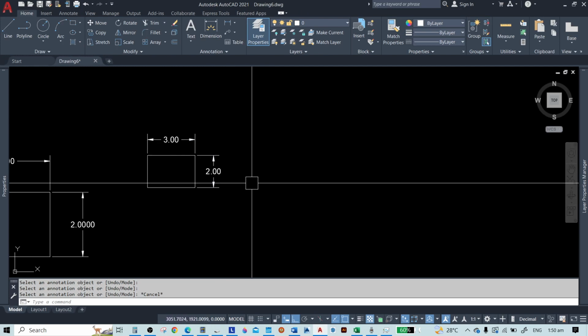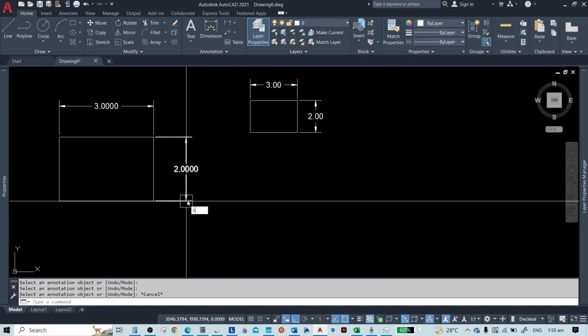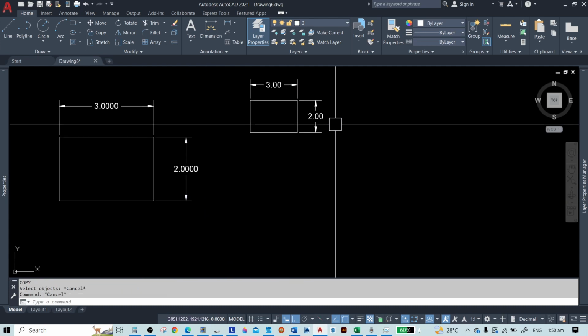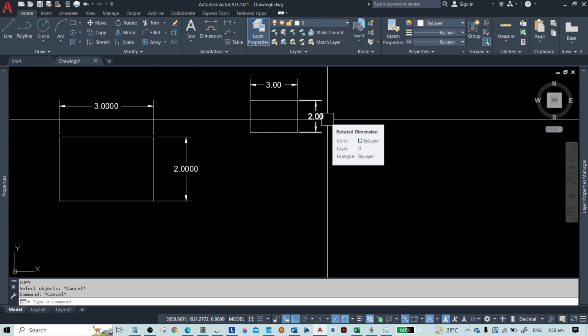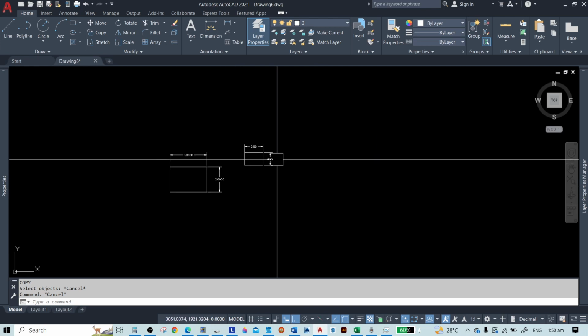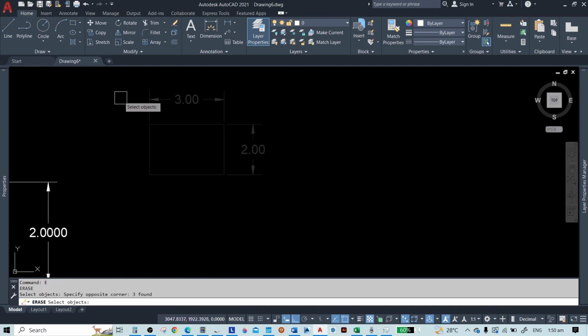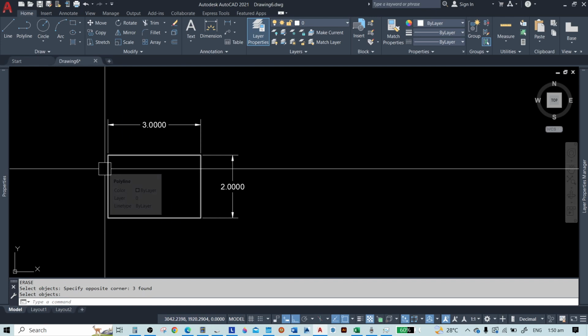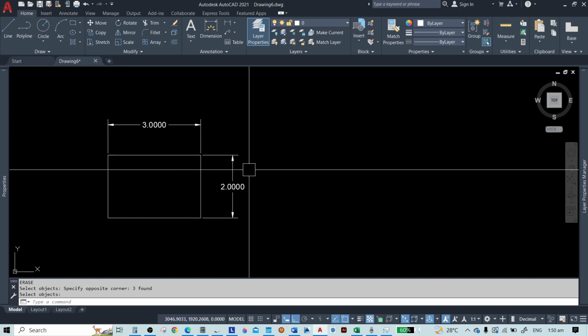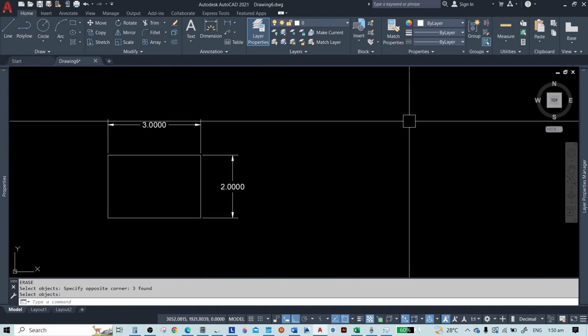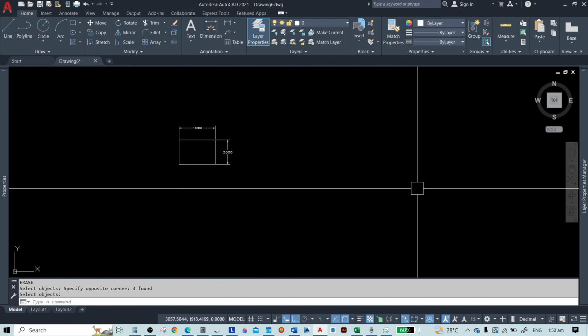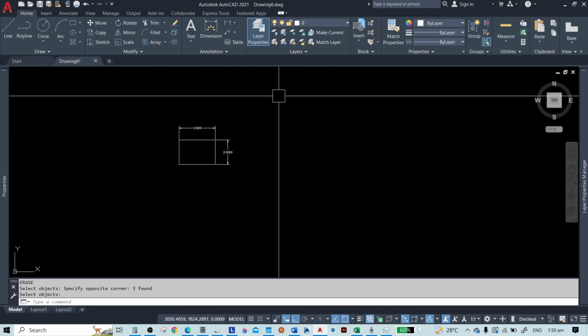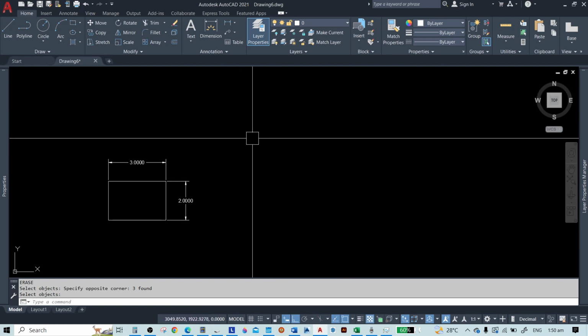Okay, so there are some, let's say for example this one. I'm just giving you an idea on how some people do their scaling here in AutoCAD. Now what I did is not the proper way of doing that. There are a lot of ways, and that way is not a very convenient way.